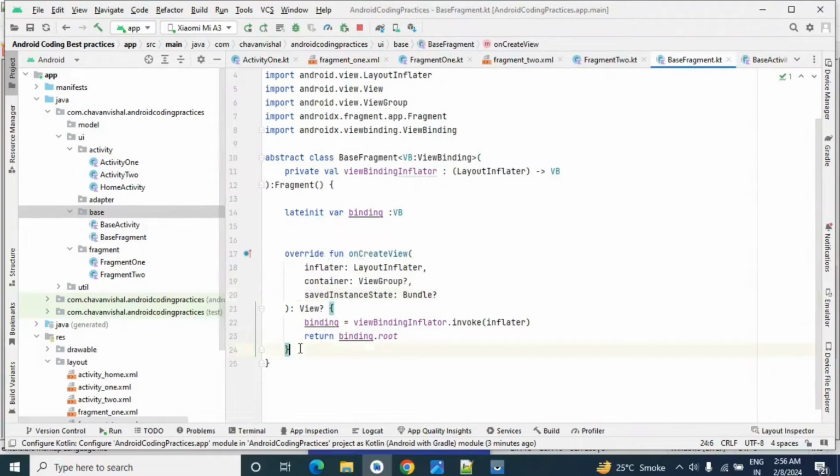Also, usually in every fragment or in any activity we need to bind some data into the UI and also need to add some click listener. So here also we will create two methods for this purpose. Same two methods we added in our base activity in my previous video. So let's add those two methods.